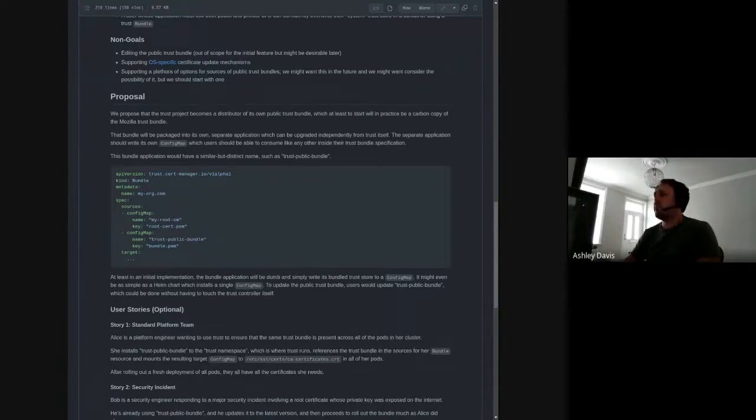As a sort of user story, I imagine a platform engineer thinking about this like, if I'm a platform engineer, I'm installing a Helm chart to install trust. And if there's a sidecar in that Helm chart that's controlling what trust bundle is being used, that would still be installed as part of the same Helm chart, would it not? Yes. However,